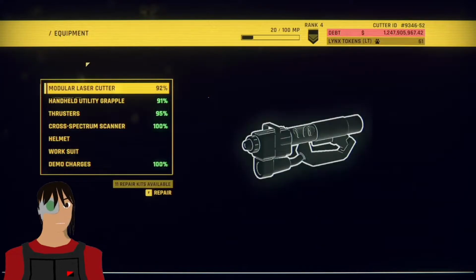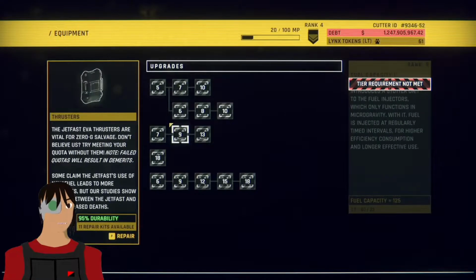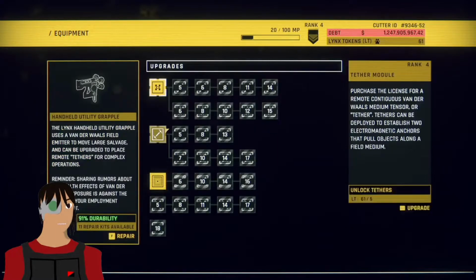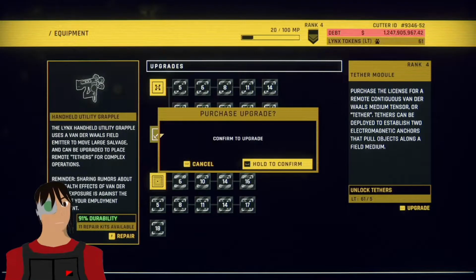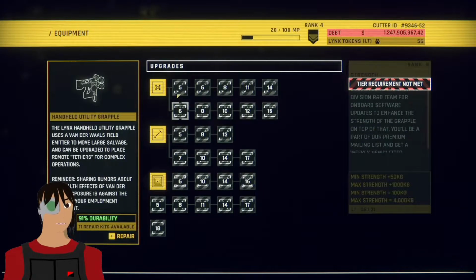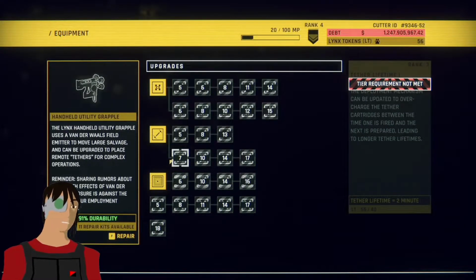Recommending the upgrades. When it comes to upgrading your equipment, the very first one you do want to get when you can is the tethers. Only 5 tokens, so even if you don't get a whole mackerel, as soon as you hit rank 4, you want to buy it. And then yeah, the rate at which it unlocks them, you can get most upgrades, but